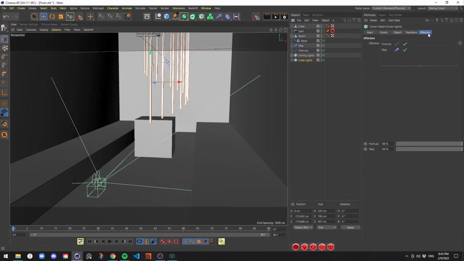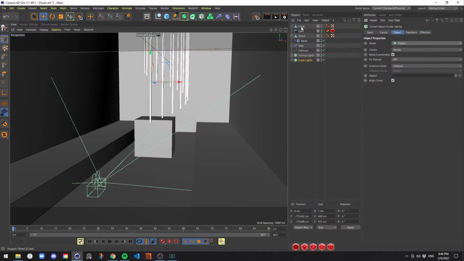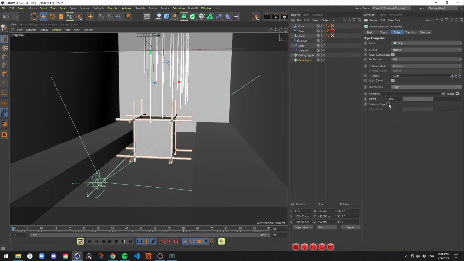In the effectors tab of the cube lights cloner, we're going to delete the effectors because we don't need them for the cube lights. And we're going to change the mode of the cube lights to object. And we're going to feed our cube geometry into the object parameter. We're going to change our distribution to edge,